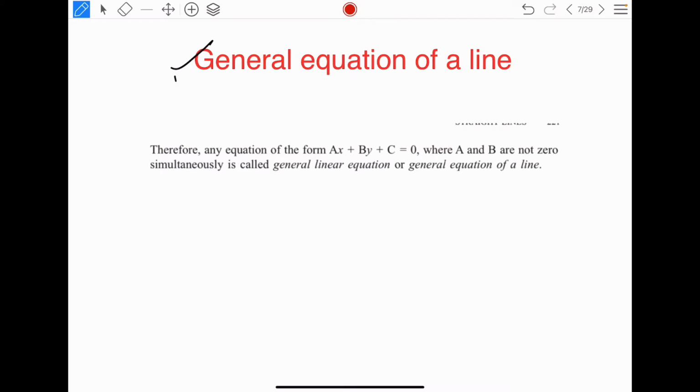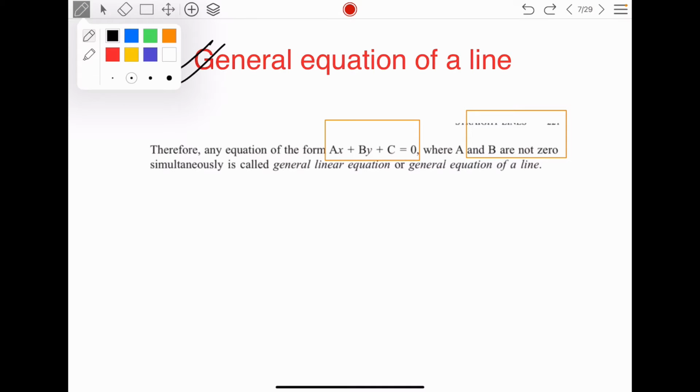Now we move to the general equation of a line. Remembering the general equation of a line is very simple. Understand, a line is just a linear expression, and a linear equation means a linear expression. So the equation of a line in general form is just like a linear equation: ax plus by plus c is equal to 0. That's the general equation. Another important condition is that a and b are not 0, otherwise this form is not valid.